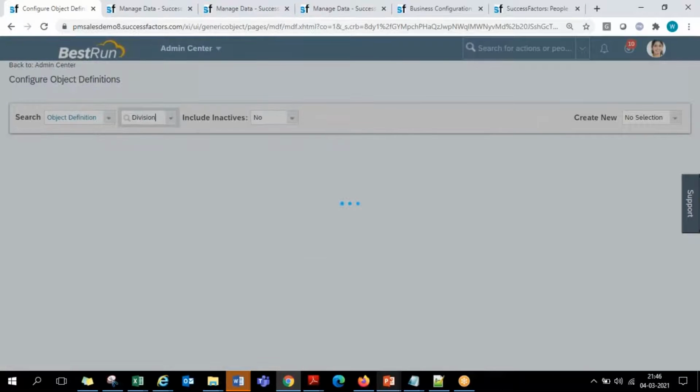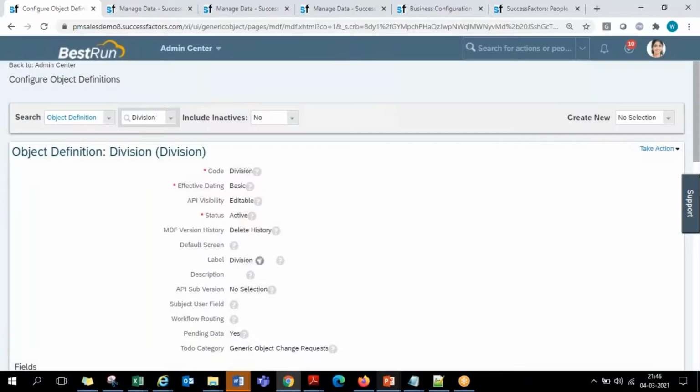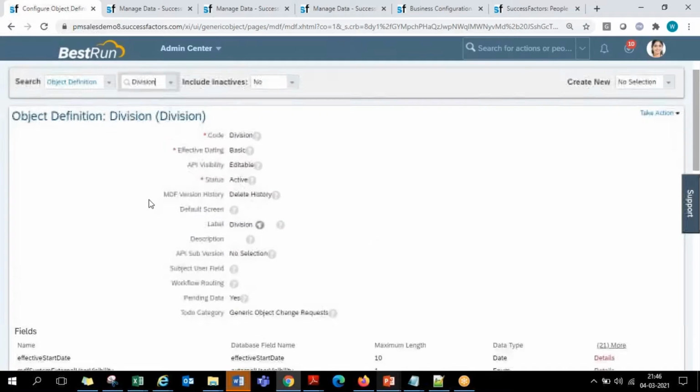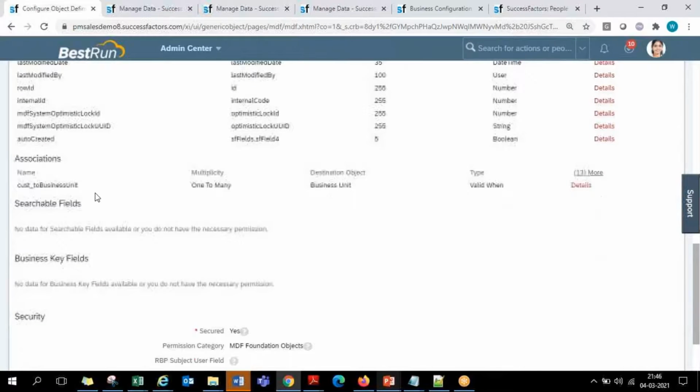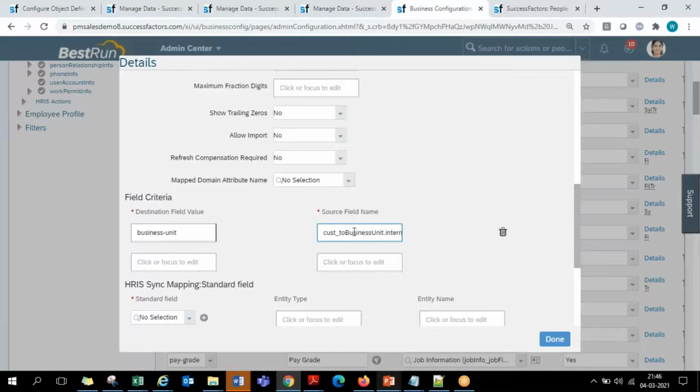So whatever association you have defined between these two objects, that is division and business unit level. So go to the division. When you are connecting this child division to its parent business unit, whatever association name you have given here, you copy it as it is. You can give ABCD, XYZ, 1 2 3 4, anything, it's a free text field. The association name is to be copy pasted into the business configuration level here on the right hand side.